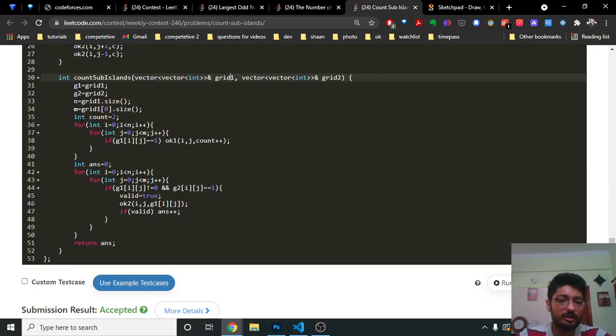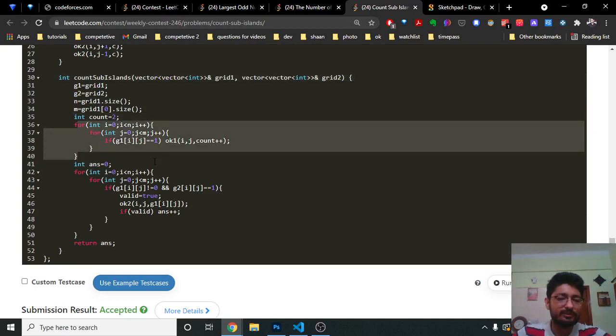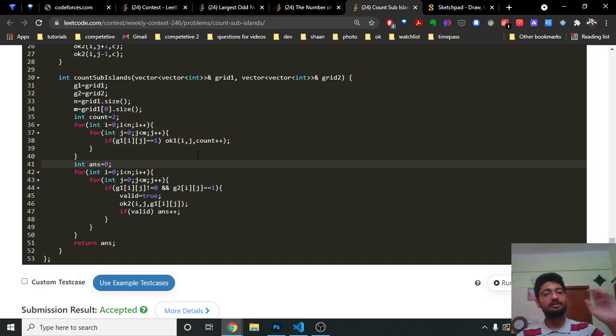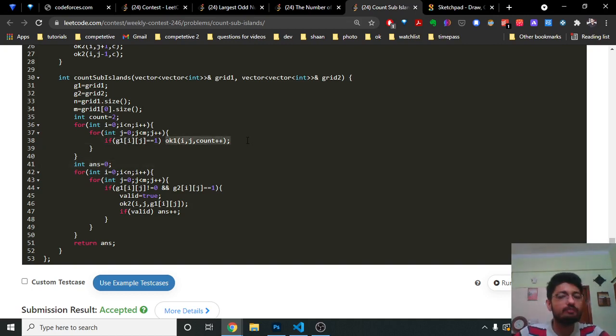And then you'll iterate over every possible block on grid 1. And how you can mark different islands in grid 1 with different numbers: you iterate over every possible number on grid 1. Whenever you find a 1, it means it is an island or it is connected to some form of island. You will call this function with the starting index at which you find a 1 and a count value, so that I mark all the numbers connected to this one with a particular number, which is count. So I will first mark it as 2, and then I will increment my count. So in the next island I will mark it as 3, and 4 and 5 and so on.